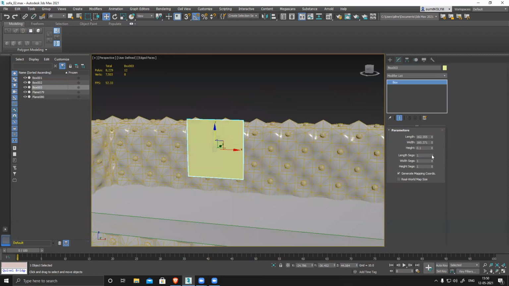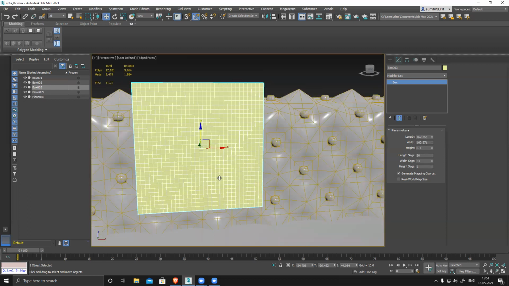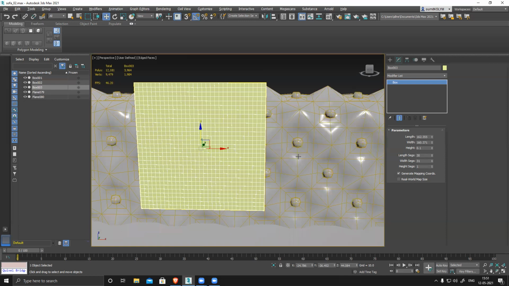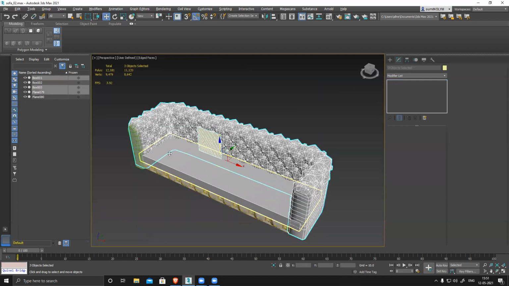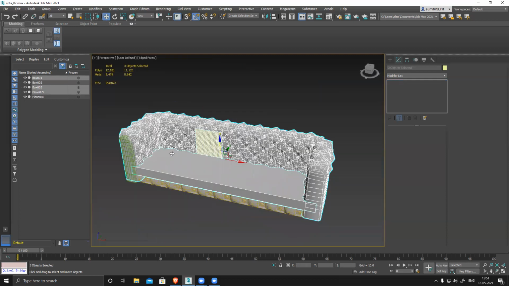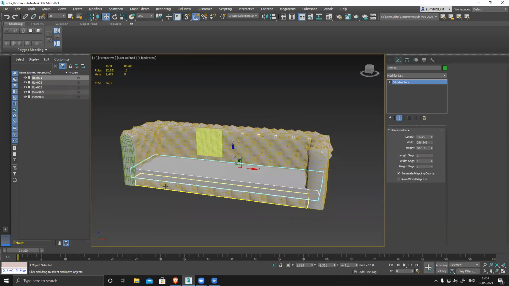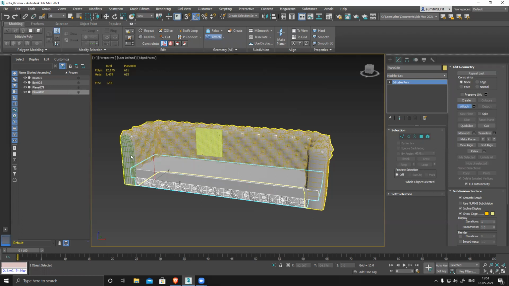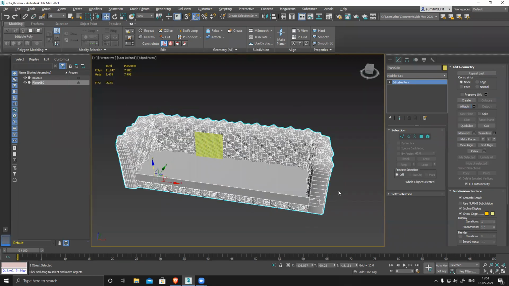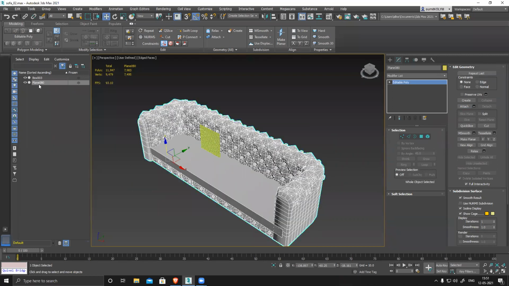Now I have to turn this into a cushion. Make sure it has enough polygons in between to simulate the surface. So I'll select this, this, and this, these three together, and combine them. This is just a box. Attach this. Everything attached. This part will symmetry automatically, the same part will duplicate here. Now this is my